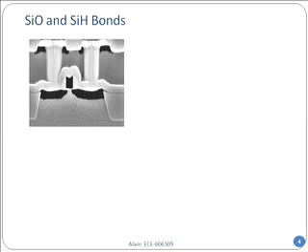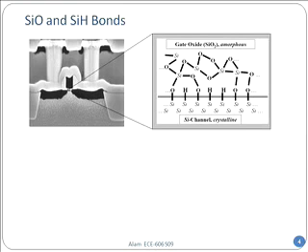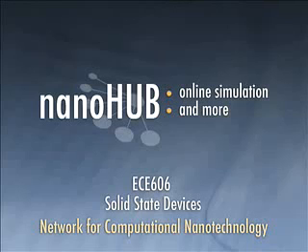So in order to understand these issues of reliability, you will have to distinguish between two types of bonds. One bond that I have already discussed is the passivation of silicon with hydrogen at the silicon dioxide interface. This is the forming gas anneal. Remember that silicon dioxide cannot really satisfy all the bonds of silicon. Therefore,